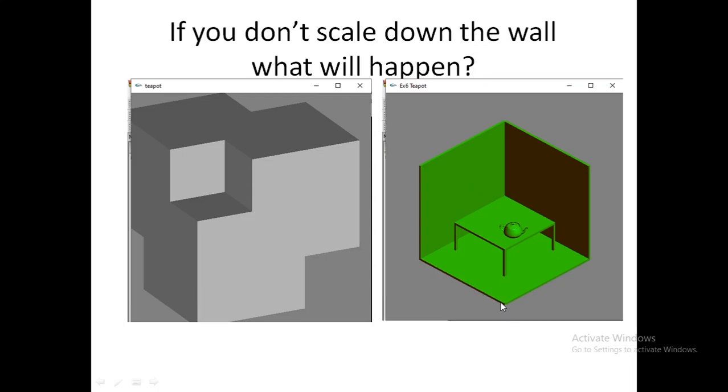Which side is scaled down? The Y side is scaled down. That is here. So the same value here and same value here, but only this side it is reduced. After scaling down, the wall is drawn here, then the rotated wall on this side, then the rotated wall on this side. I hope this diagram will help you to understand why we are scaling down.